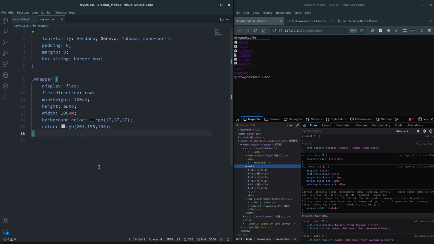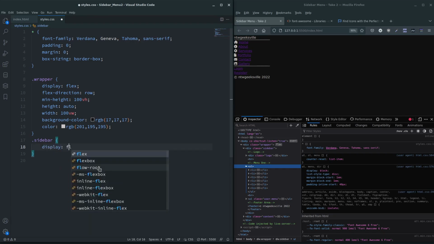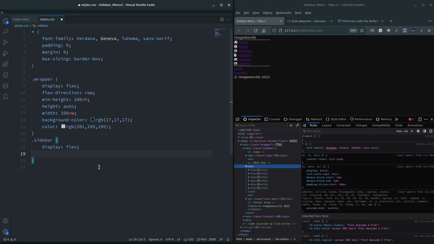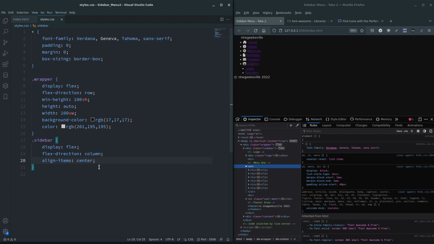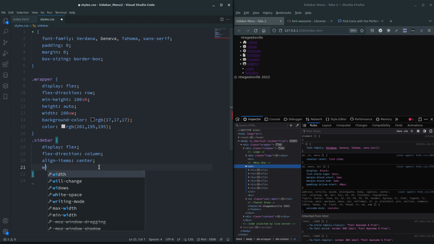Right then, let's move on to the sidebar. Again, we're going to do display flex because we want everything to be in a column. So let's do that. Column, good. We want to align the items to the center, like so. Width, we want to give it a width because otherwise, if we don't give it a width, we won't be able to give the content a margin of that width. Look a bit odd. So